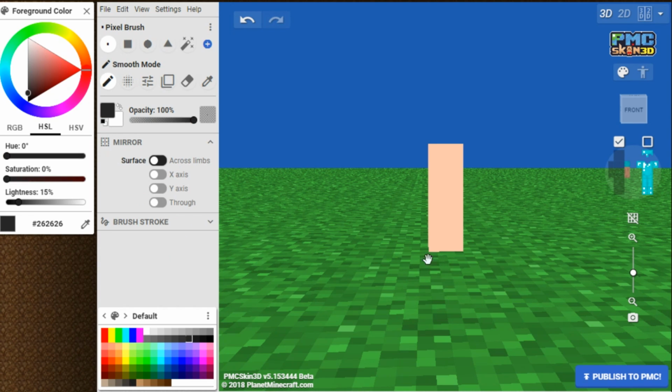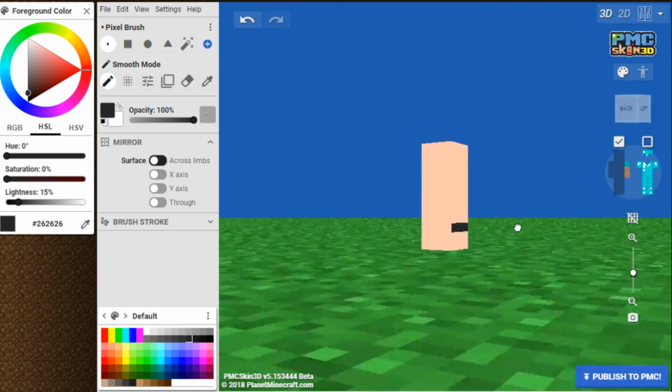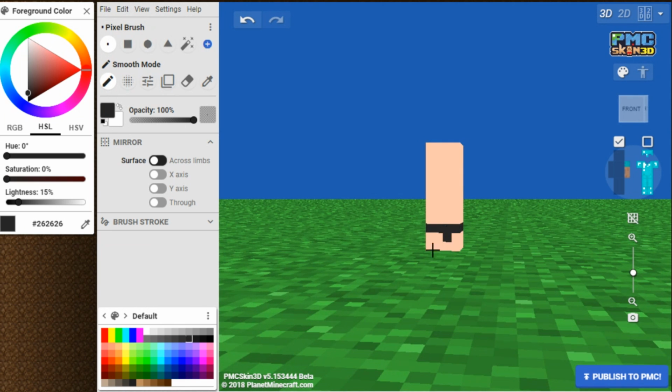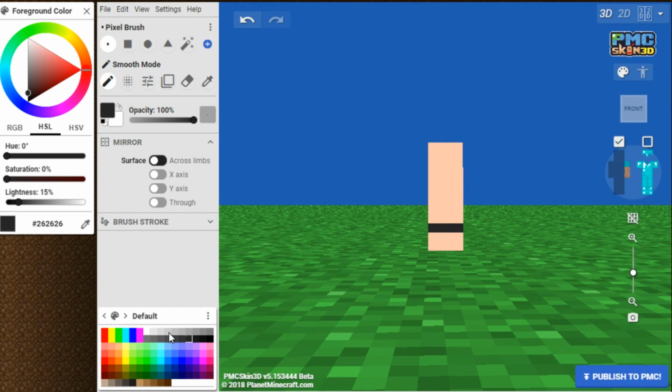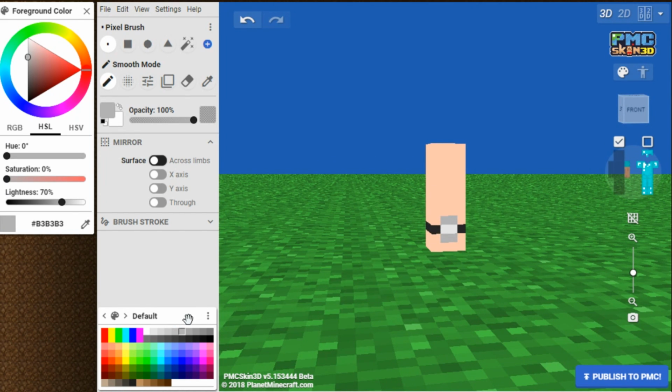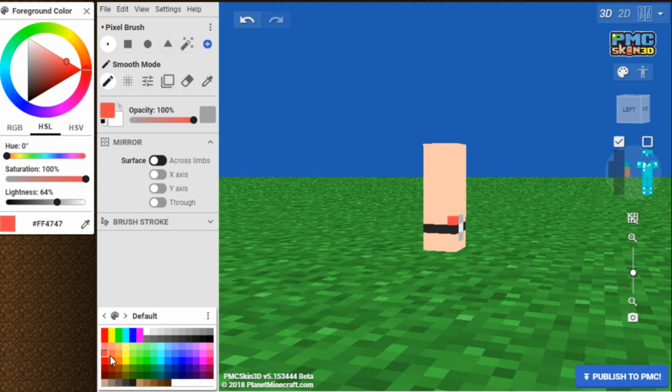I have a watch on my left arm, so I'm going to add a black band for my watch like this, and then I'm going to take a light color and put it in the middle, and then put a little bit like that over it. I am also wearing a wristband that I got from my friend at Mindfair, so I'm going to add that on this skin too.